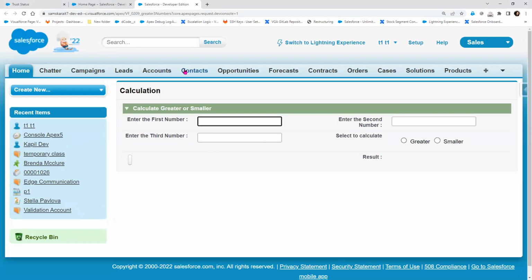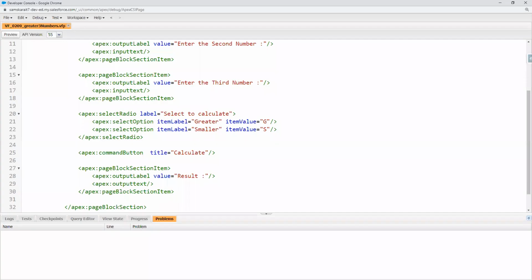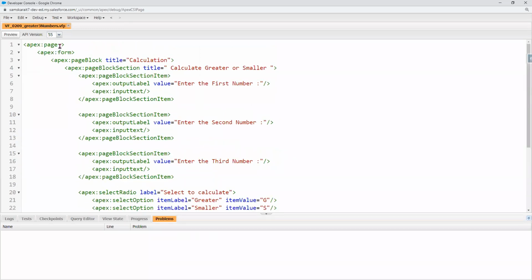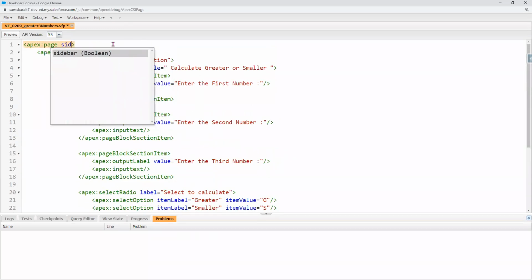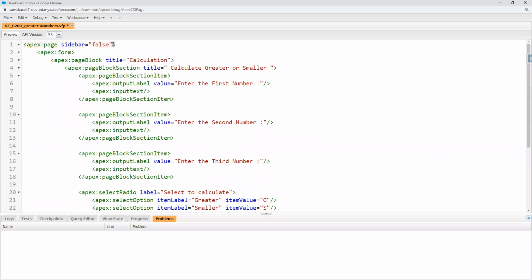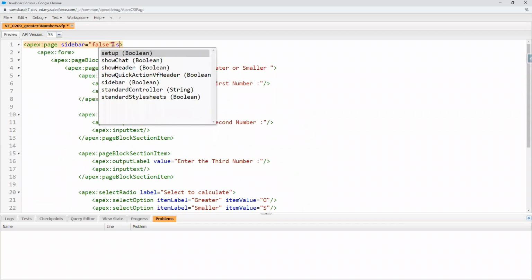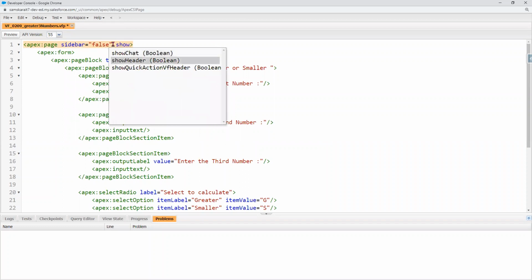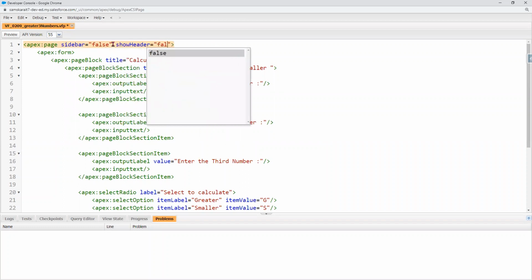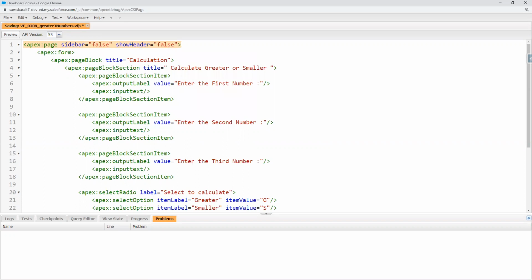Perfect. Now, in order to remove the header and sidebar, what do I need to do? Sidebar equal to false, and then show header equal to false. Now, one thing, if you observe,